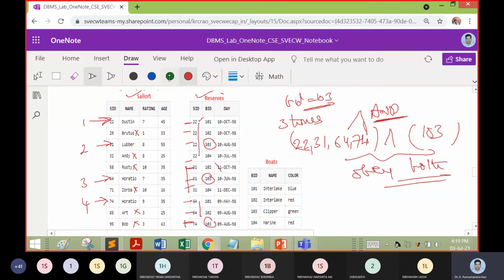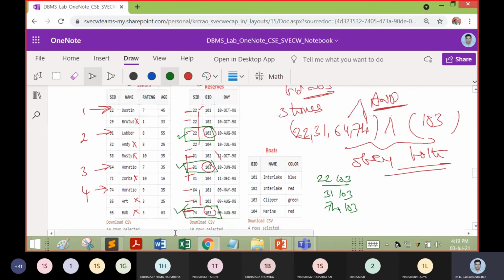So who are the instances obeying boat number 103? You can choose 22 and 103. That is 1. Next one, 31 and 103. Third one, you can look at 74 and 103. Right? We have only first, second, and third occurrence.